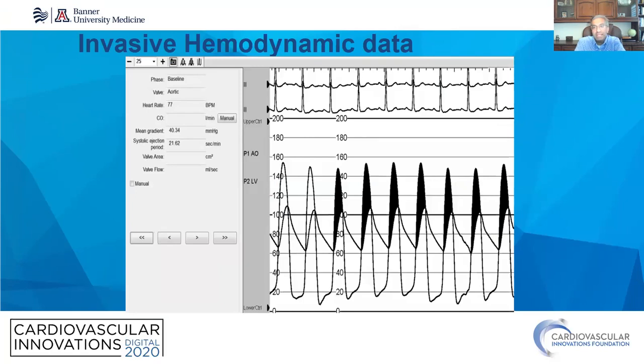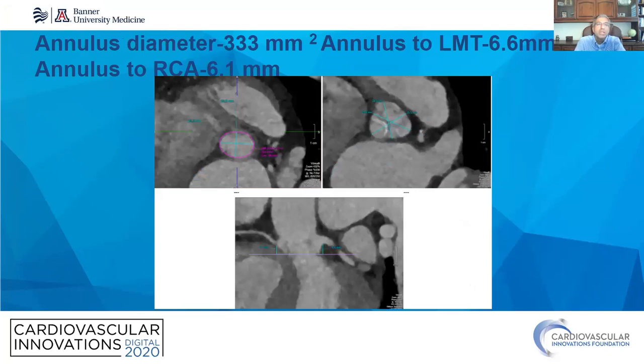Invasive hemodynamic data confirmed the presence of severe aortic valve stenosis, with a gradient of 40 millimeters across this aortic valve. CT scan was revealing for multiple problems that we might encounter during this case to make it challenging. The first challenge was the annular diameter. The annulus area was 333 millimeters squared. This is a small annulus by any measurement, which would